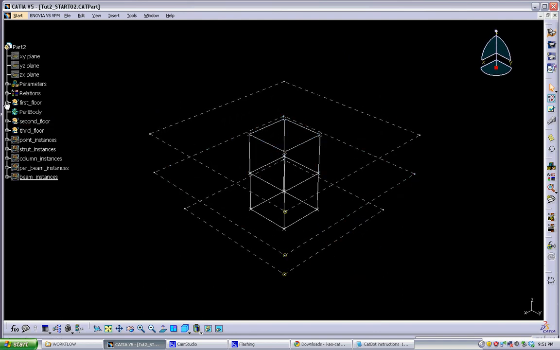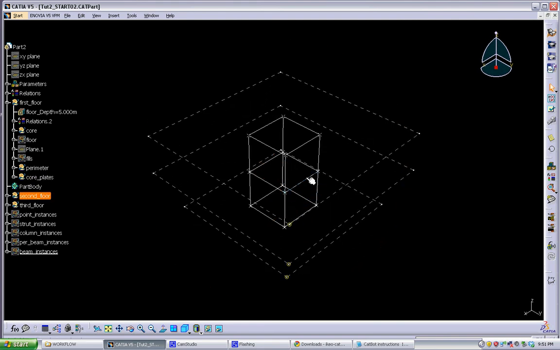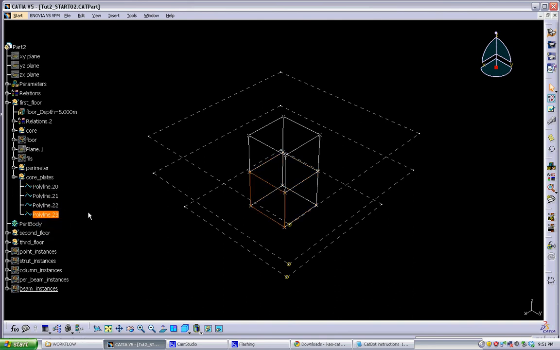So if you look at how I made this, there's a series of points that will have to be transferred in as nodes, and then there's also a series of these plates that I made as polylines, and I want those to become shear plates in